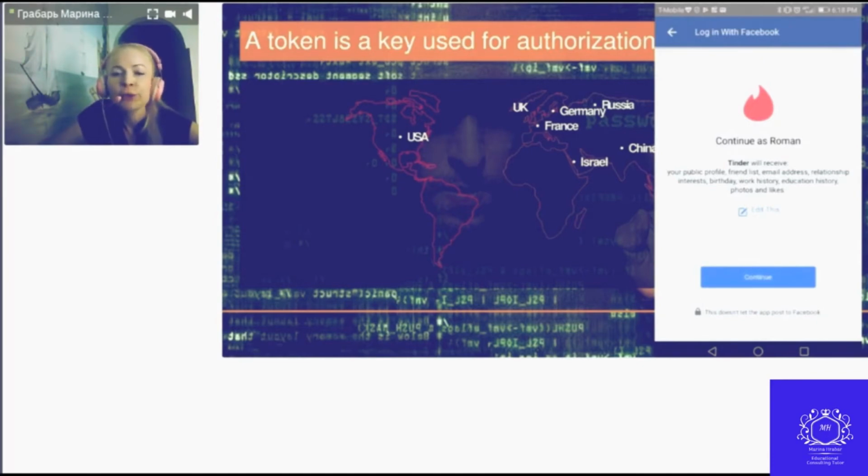Using the token, the program gets all the necessary data for authentication and can authenticate the user on its service by simply verifying the credibility of the token. Remember that most of the programs we studied use authorization via Facebook. This means the user's password is protected.